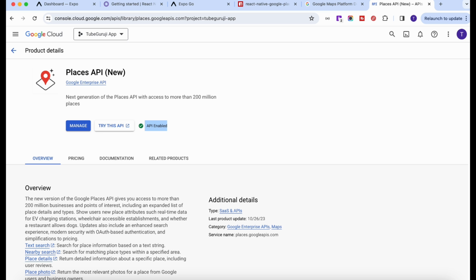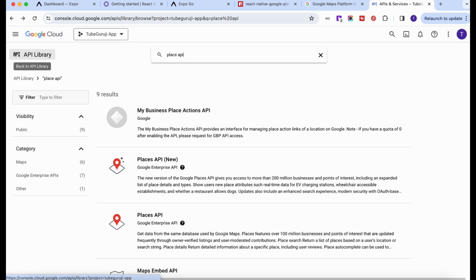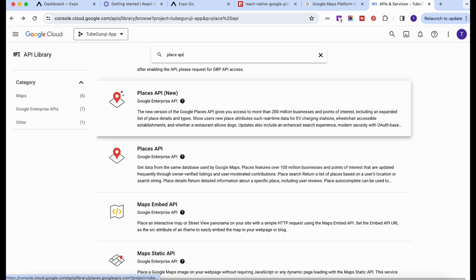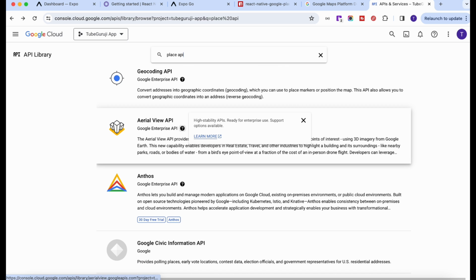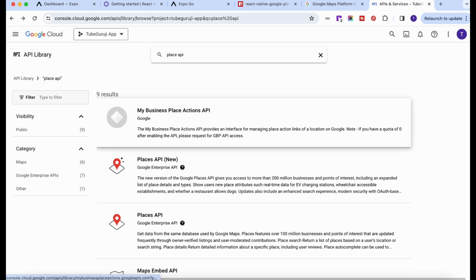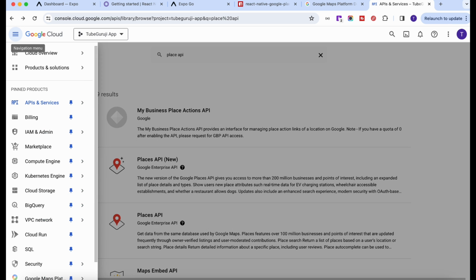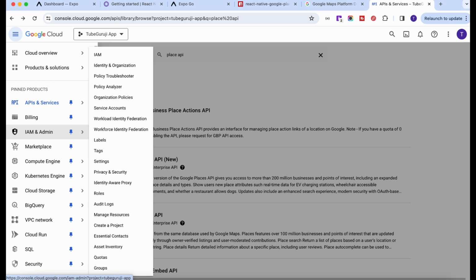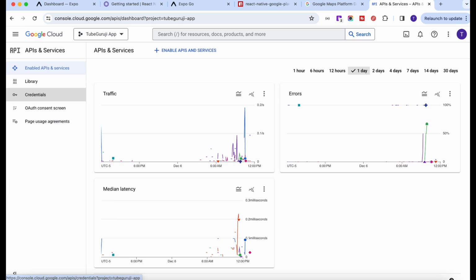Okay, but you will find the enable button here, and you can just enable it. So this is very important. And if you see, you have multiple APIs that you can search for and enable. Once you enable that one, let's go to APIs and Services again, and on the left-hand side